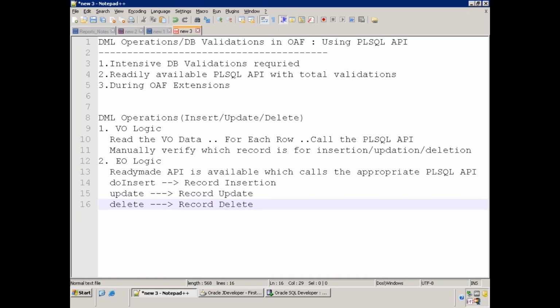When you insert a record in the VO, we don't have any Java API to validate whether the record is coming from the database or was inserted by the user. We don't have that logic in the VO, but in the EO we have it.